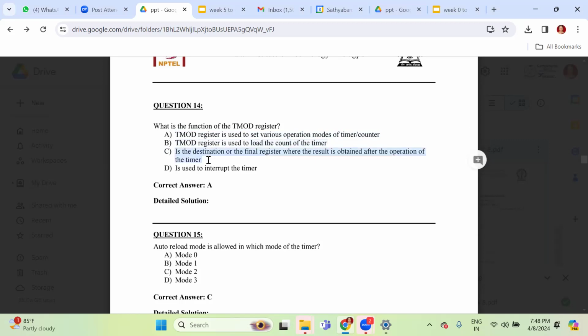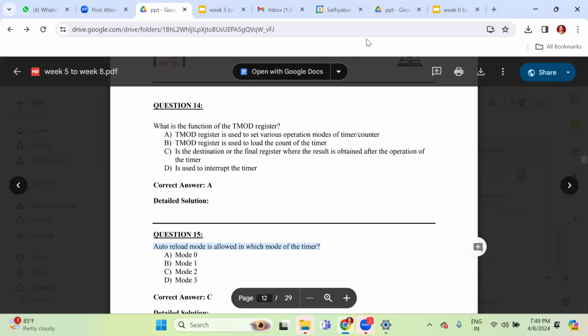Is it the destination or final register? No, it won't store any results. It will be stored in the timer register only. Is it used to interrupt the timer? No, I have a separate timer flag to interrupt. Auto reload mode. Auto reload means what? Reload word, it is used in what mode? Mode 2. Is that clear? So I think we have seen only 2 assignments. So please kindly study because